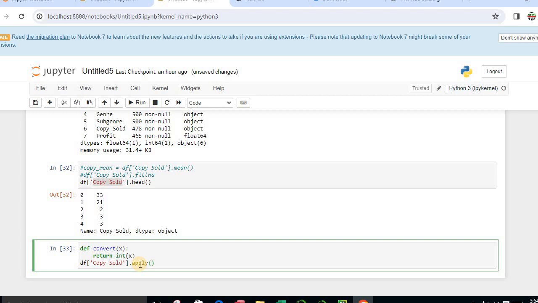What are we going to apply? The name of our function, which is convert. So what is this going to do? It's going to convert all the data in the copy sold and return it as an integer. So if you run this,